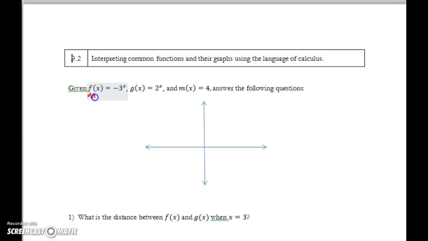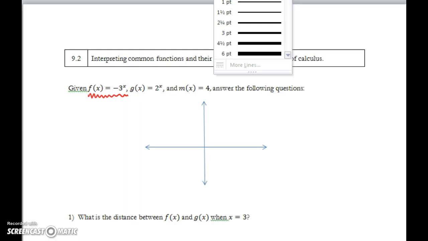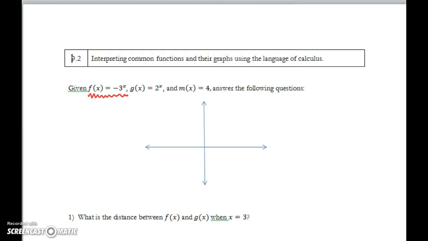So our first function is f of x, and it's an exponential function. And it's negative. So if you need to, you can go ahead and plot some points to get an idea of what the graph looks like. But positive 3 to the x would be a growth function. Negative 3 to the x is a reflection of that. So it kind of looks something like this. So this is f of x. And f of x has an asymptote because it's exponential